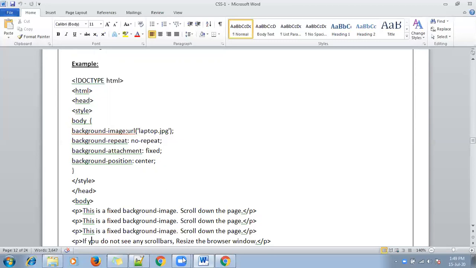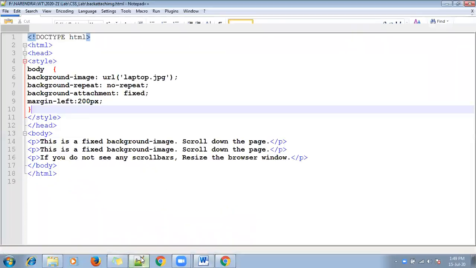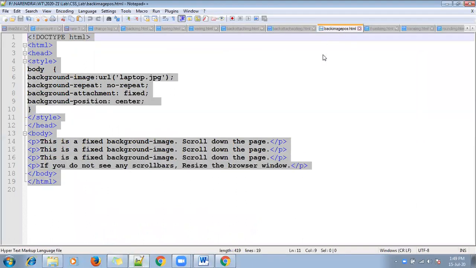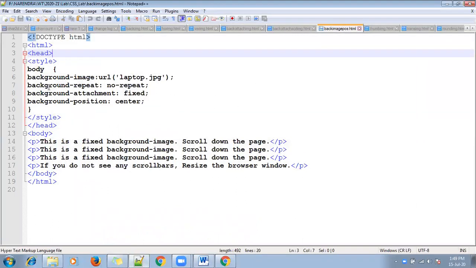So the next program, this one, we will check. Background image position. In the style, body, background image, repeat no-repeat, attachment fixed, background position is center. Clear? Something we have in the body section. You can write anything here, but our main target is how to style the elements. I want to style the body element with background position center.